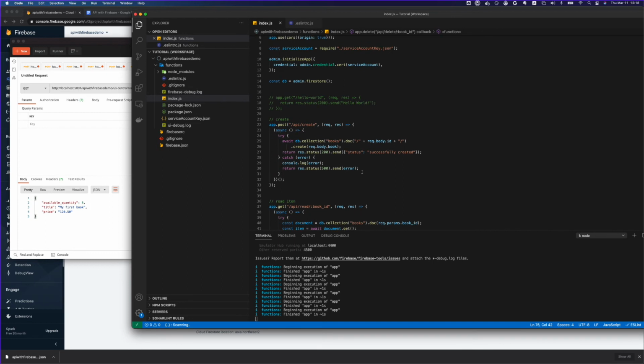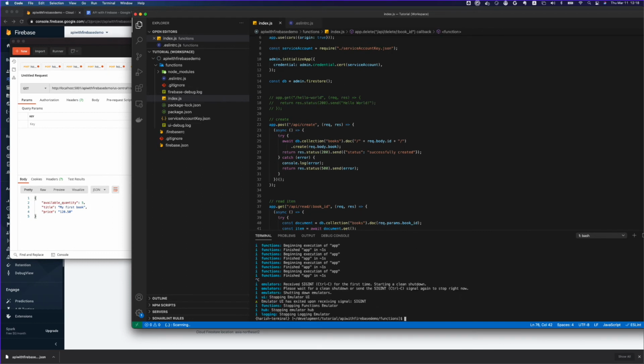Now we are running it on emulator, so we want to actually deploy it on Firebase functions. That is very easy. Also we are going to use Firebase CLI to do that. So you do firebase deploy, and it's going to deploy your functions. So let's suppose you have multiple things running in your project, like you have functions, you want to do hosting, or you want to do some other storage functions or rules or the database rules. If you have them in the same project and you want to separate them, you can do --only functions.